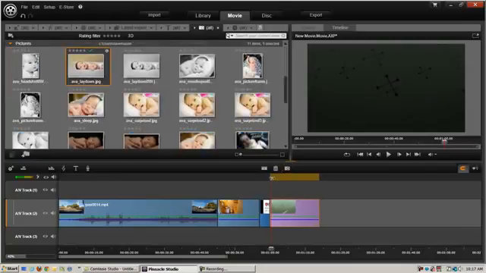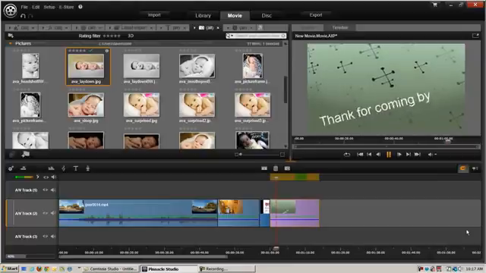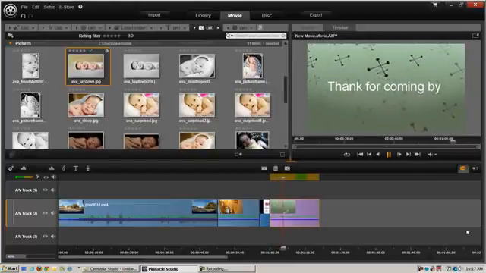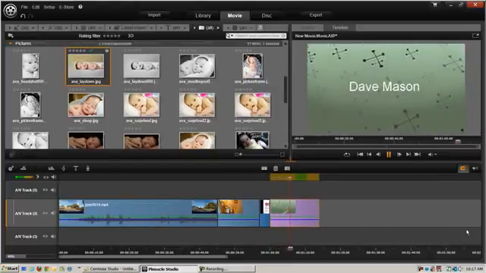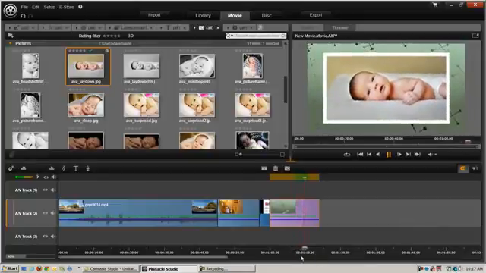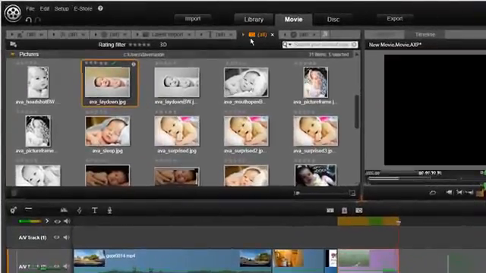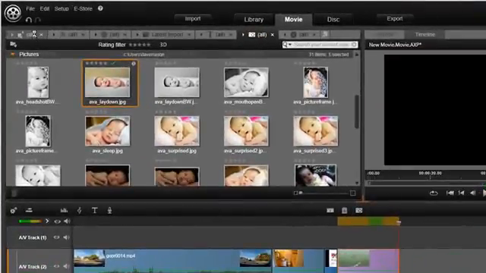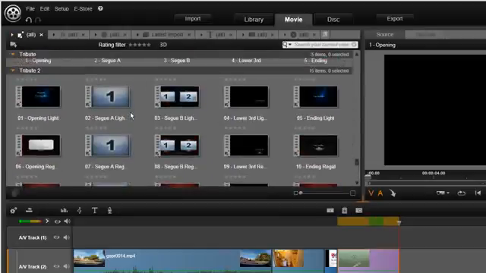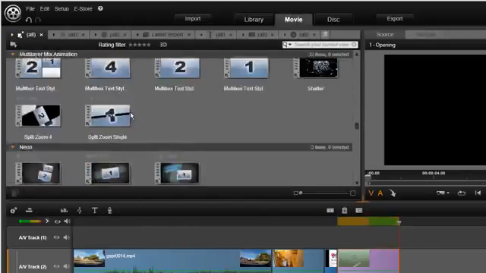So now, they also call those montages. So when I play that, that's kind of what they look like. But to me, it kind of looks old-fashioned. And there's the picture. Maybe there's a case where you could have some houses scrolling by, and if we look through, there's tons of different combinations. I'm not going to go through those all now. If you have the program, you can take a look, but